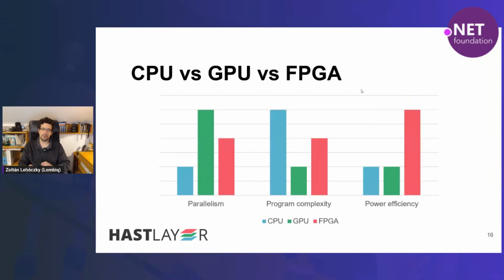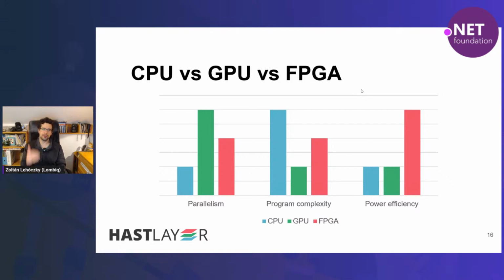Now, why would we use FPGAs as .NET developers? And the answer here is that FPGAs have some unique computing benefits. We can also utilize them as compute accelerators, much like GPUs. So let's compare them with CPUs and GPUs here, and let's see where their advantage is. Let's talk about parallelism first. So how many things you can compute at the same time on a given processor. And